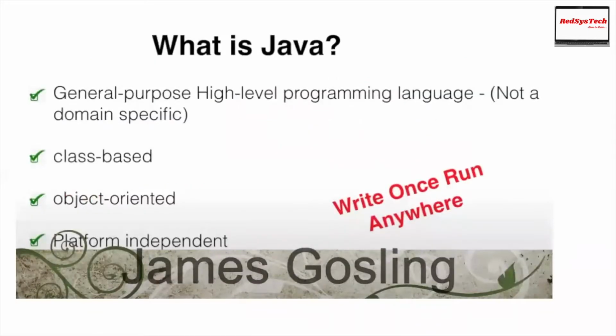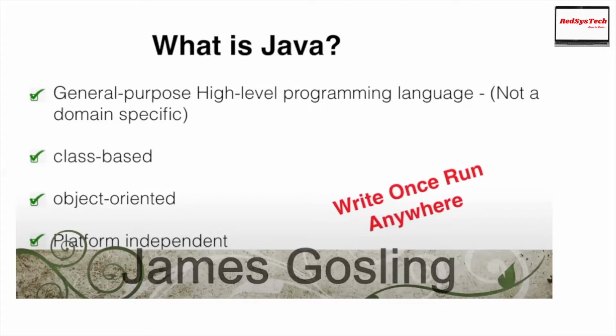So the problem with them is, once they write the code in C, they are not able to execute it on other platforms. And in those days, the platforms were evolving like anything, right? So that was a problem, and that is where they thought of taking a diversion, creating some other language wherein they could avoid the disadvantages of having multiple platforms. So that is where they came up with a language called Java.